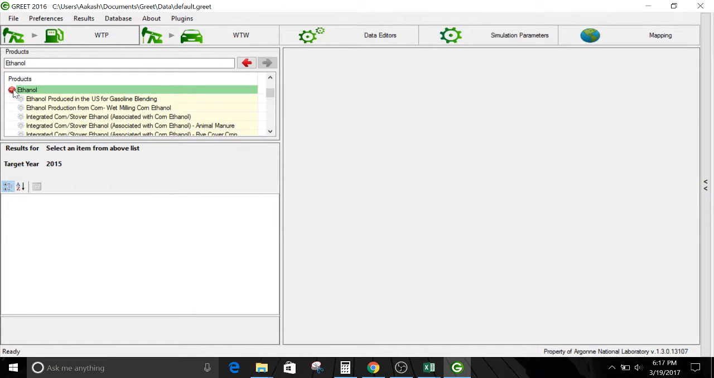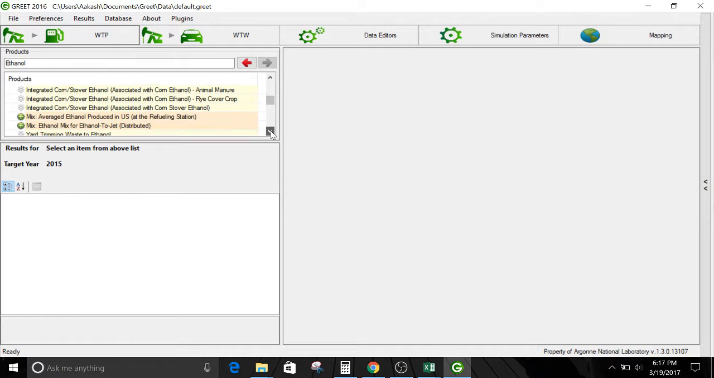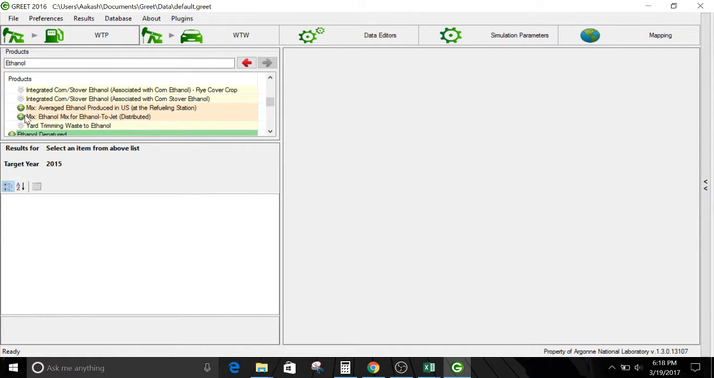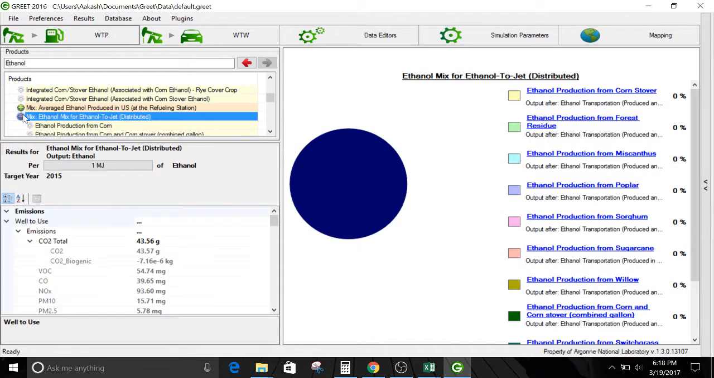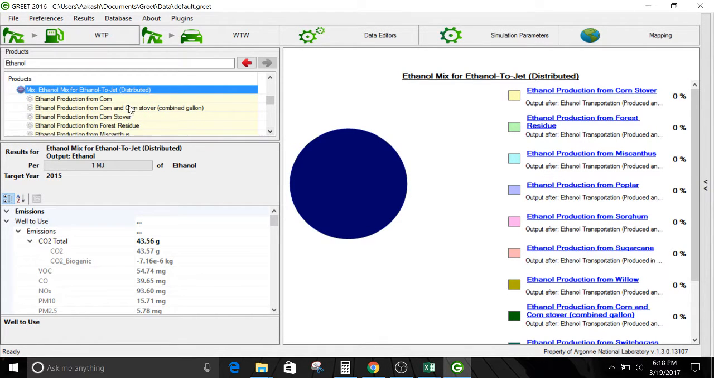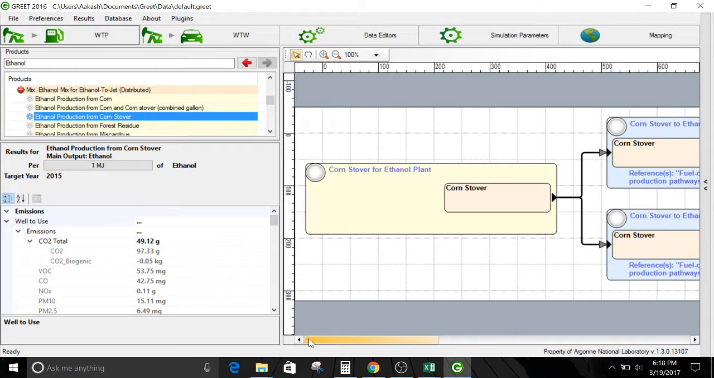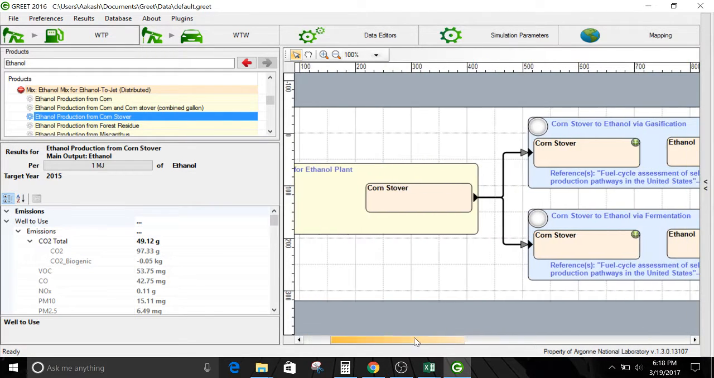If you select ethanol, there's a drop down menu from ethanol which shows its production from various sources such as corn, which is first gen, and then a bunch of second gen feedstocks such as poplar, corn stover. So I'll focus on the one from corn stover because I think it is related to the NREL model. Once you click on that, there will be a pathway which shows its production from corn stover, and then